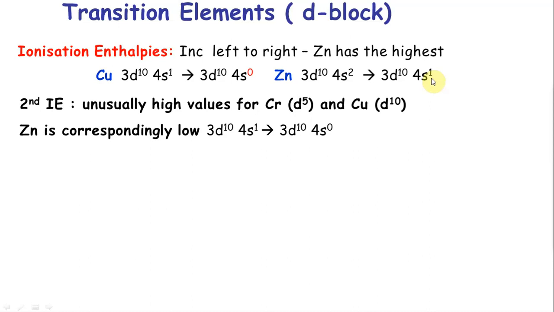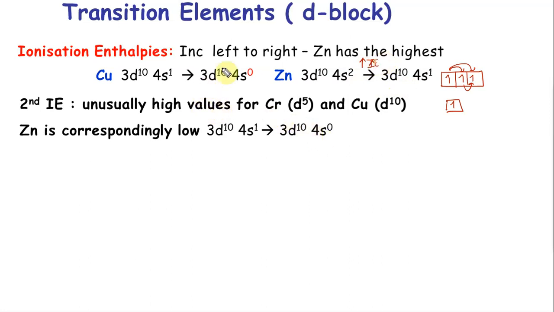Next is half filled. Half filled does not apply to 4s. Half filled is stable because of exchange energy, but 4s has only one box. Correct? For example, if you take a p orbital, this is half filled. This can exchange with this and this can exchange with this. 4s is only one, so it cannot exchange. So 4s is not half filled, so there is no incentive for this. So this is a high ionization energy.